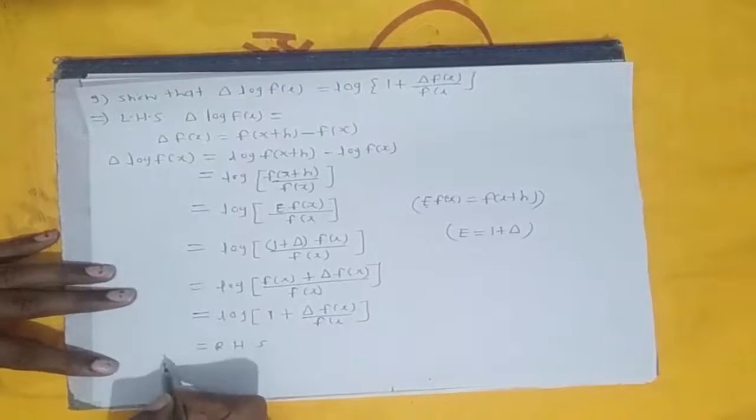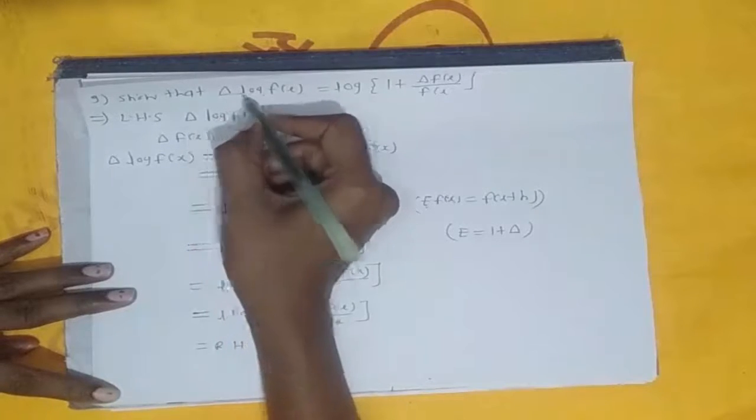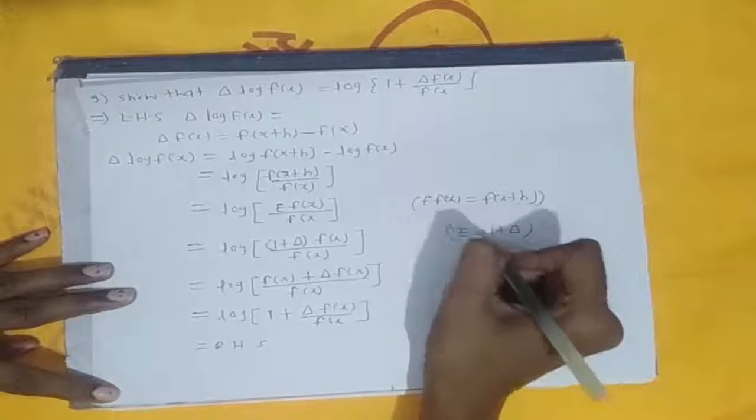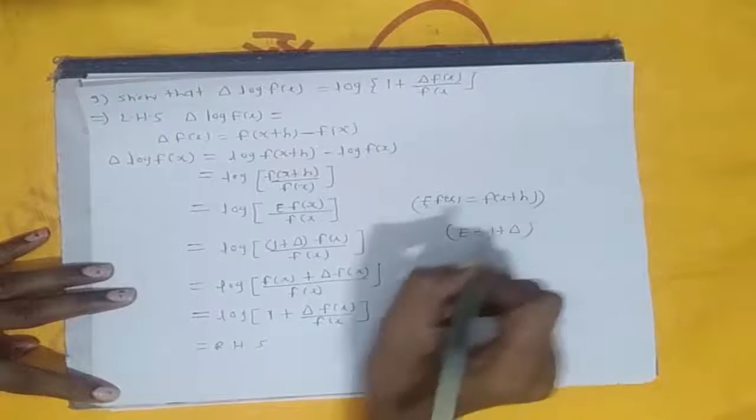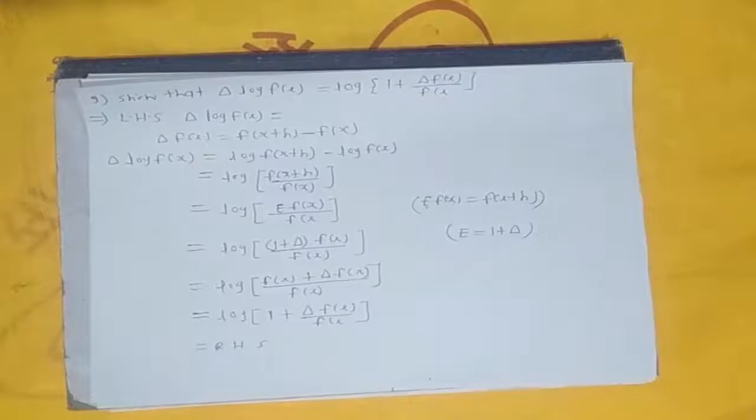So we can prove in this way by using only the definition of the forward difference operator and the relation between delta, E and shift operator definition. We get the identity. Okay. So in this way we can prove some identities by using the definition of all the operators and also the relation between the operators delta, del, E, mu. Okay, so thank you.